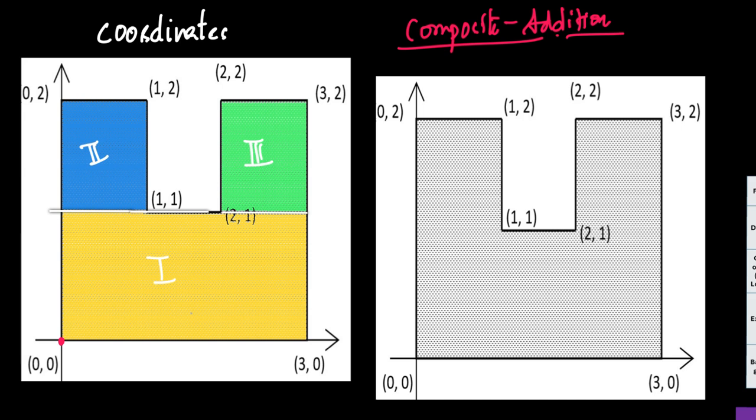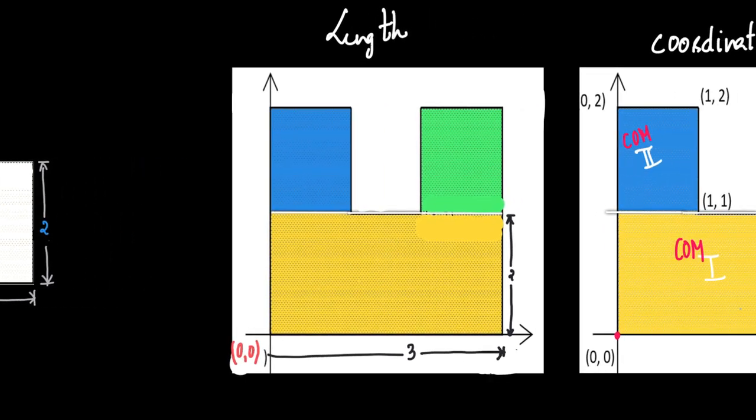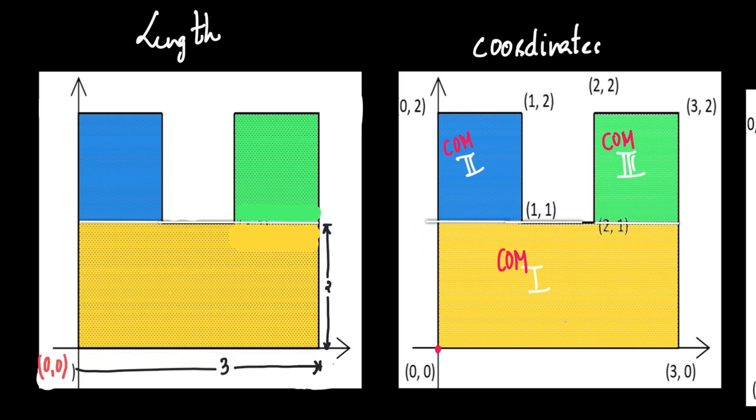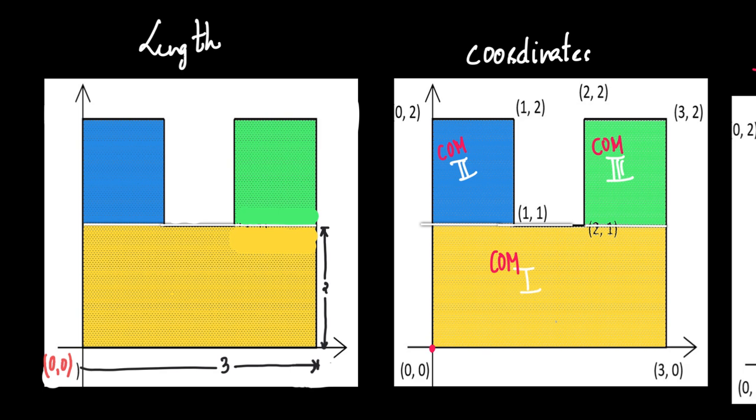Step number 2 is to find out individual center of mass, which means we'll have to find out the center of mass of figure 1, center of mass of figure 2, and then center of mass of figure 3. How do we find out center of mass of figure 1? Before we go to center of mass, let us first convert these coordinates into the length. So for the first figure, the large base rectangle here, the coordinates are (0, 0) and (3, 0), which translates to the length as 3 units along the width,